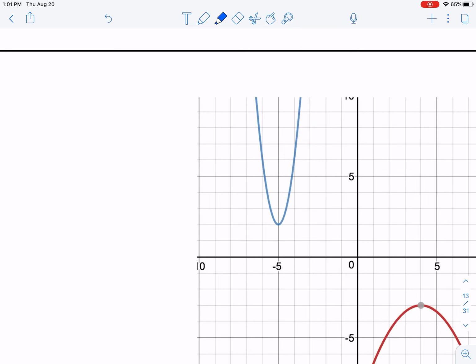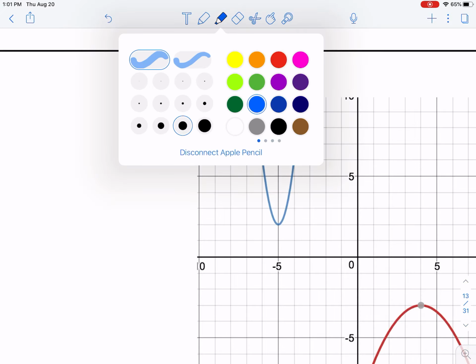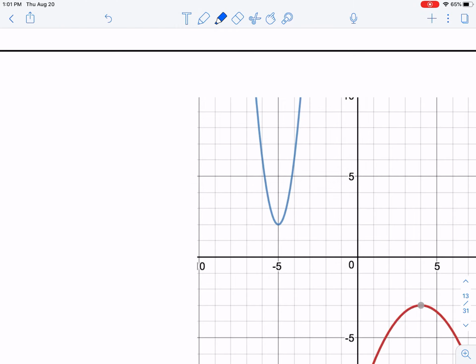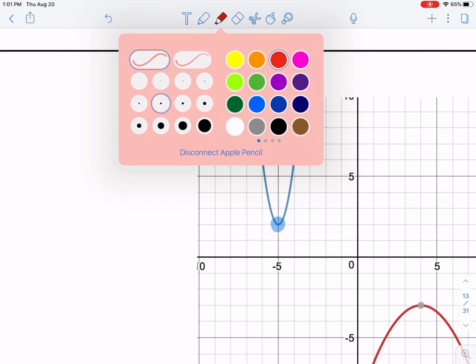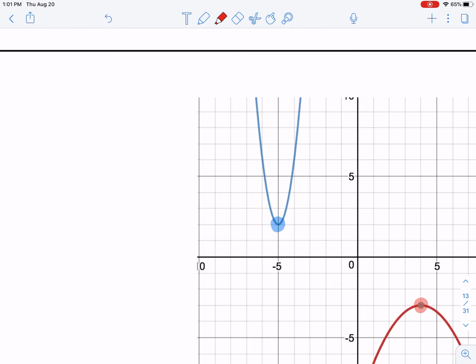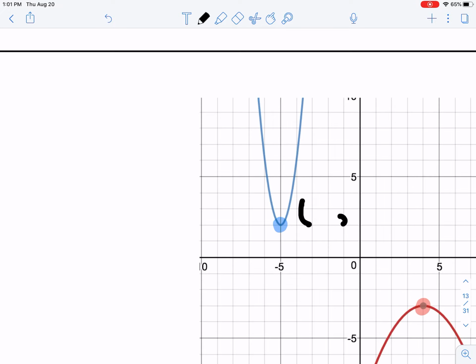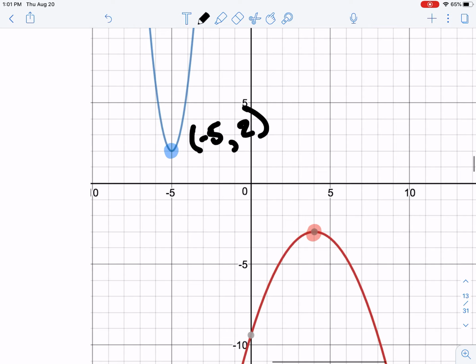We focused on vertex when we first started talking about the key features, and even in here, it's going to be or play a huge part of doing transformations. So once you locate the vertex of each function, I like to actually write it out. So again, -5, 2 is the blue one, and then the red one is 4,